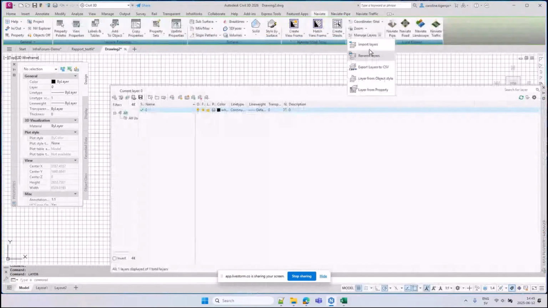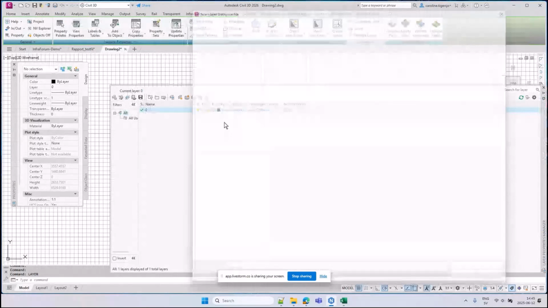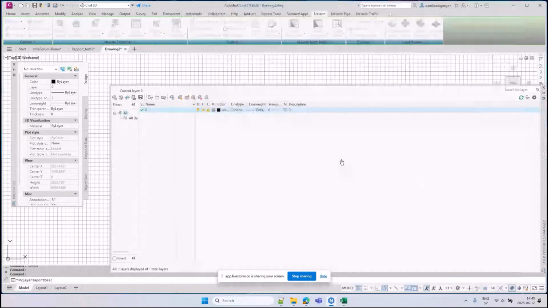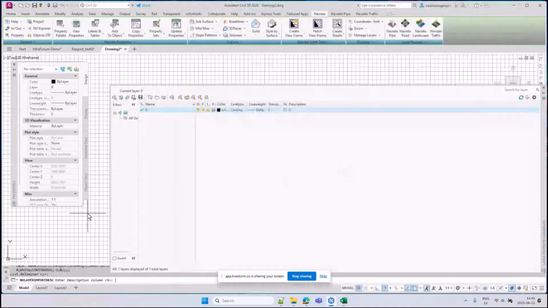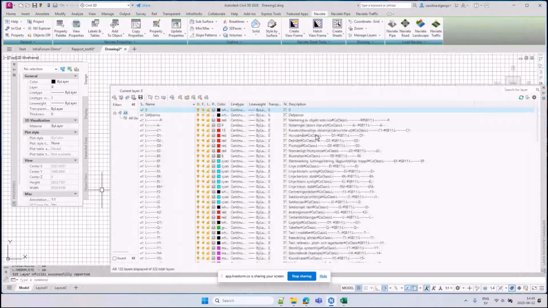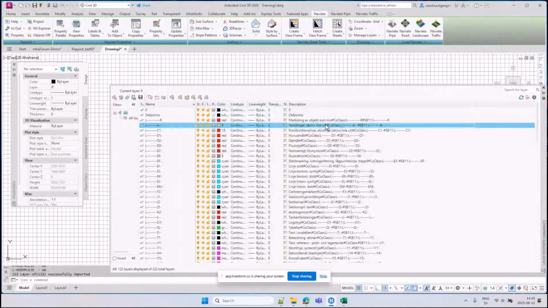This is a layer list that I've created, and it's a version of what we have in Naviate right now. And I'm just going to import the layer. These layers are basically built in Excel. But in the description, I have a code where I have a hashtag and I have a colon. And those two are the important part here, because that means that with our rename layers, it's going to find those,